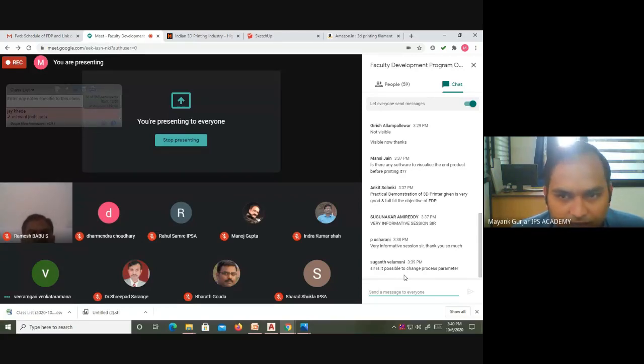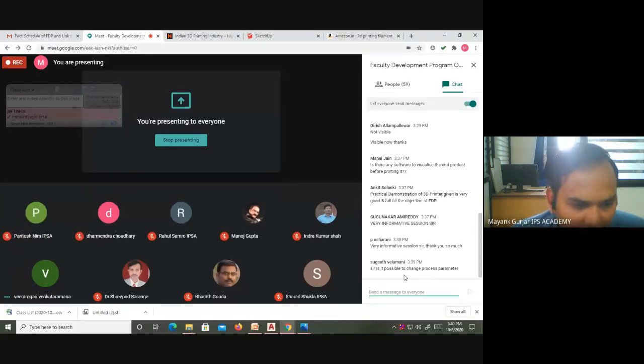First is printing with the nozzle, bi-nozzle, and second is milling. There is a cutter given, attached in the place of the tool head, and third is laser engraving. We can engrave on wood and leather also, and the last one is chocolate printing.